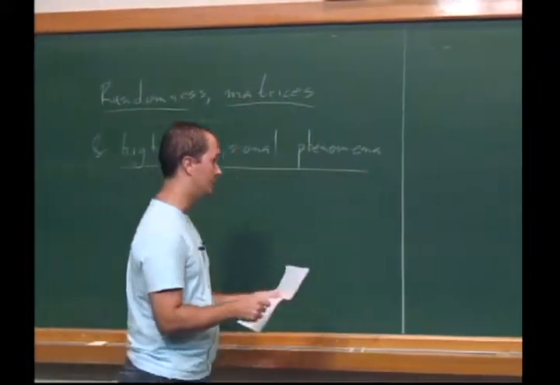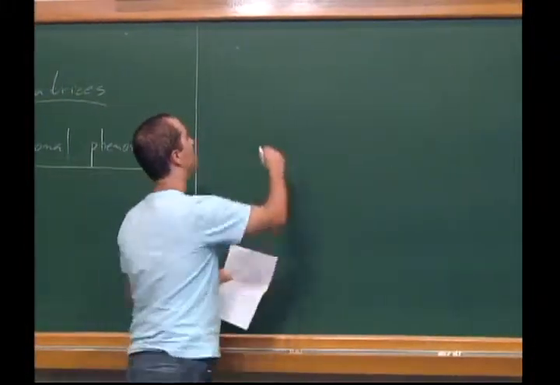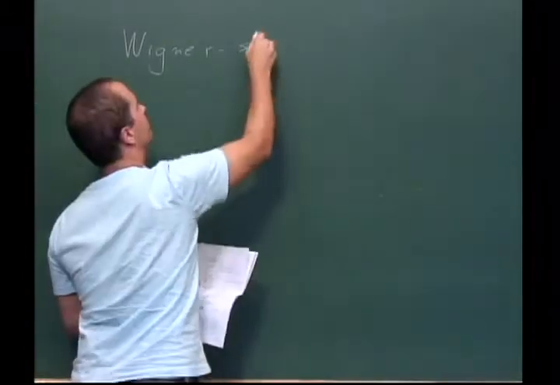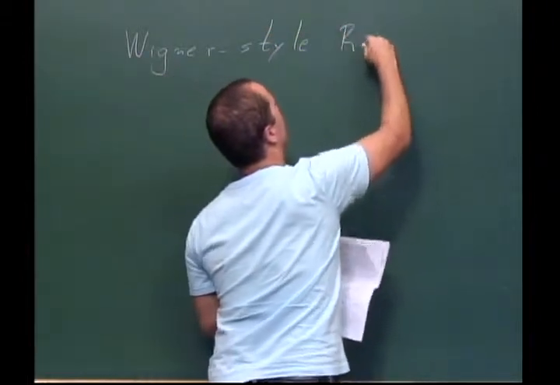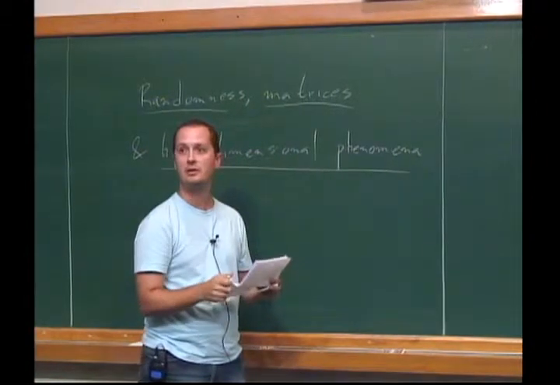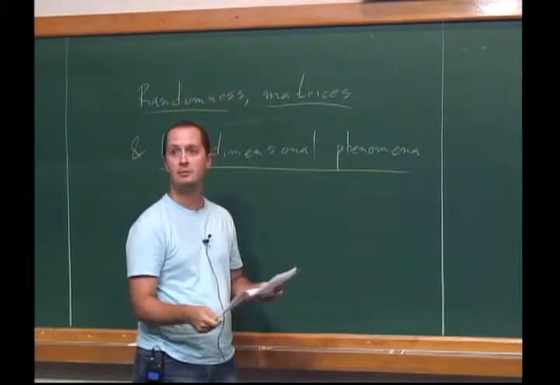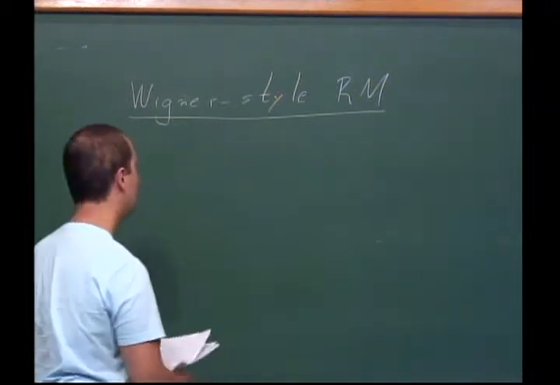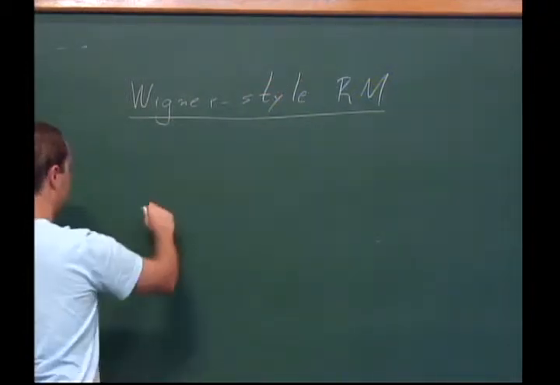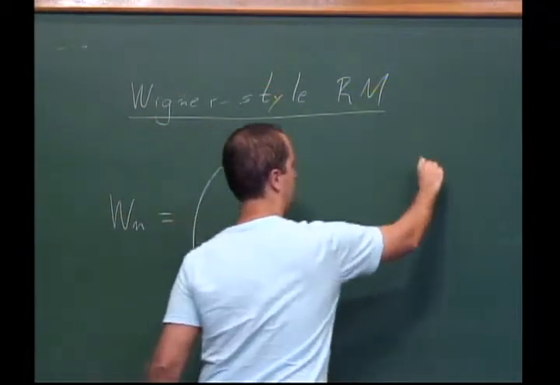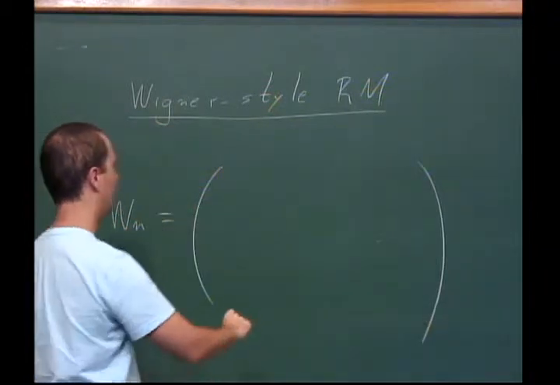So the first kind of random matrix that I'm going to be talking about here, what I'm going to call Wigner or Wigner style random matrices. And the idea is I'm going to introduce these, and I'm going to give some potential application of the things we're going to do later. And then I'm going to introduce another class of random matrices and give potential applications of them as well. Right? So what's a Wigner-style random matrix? Well, let me write it on the board instead of give a very formal definition.